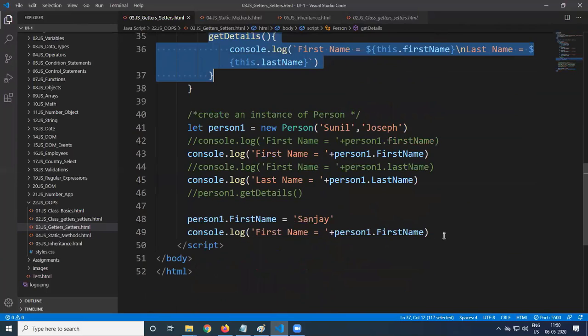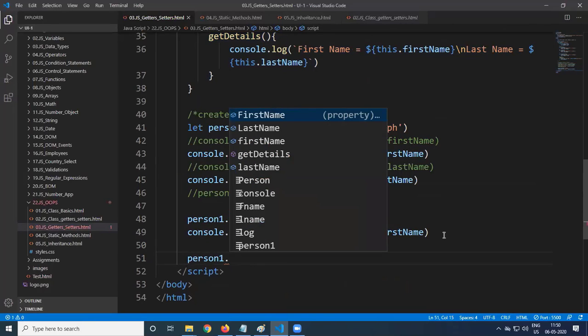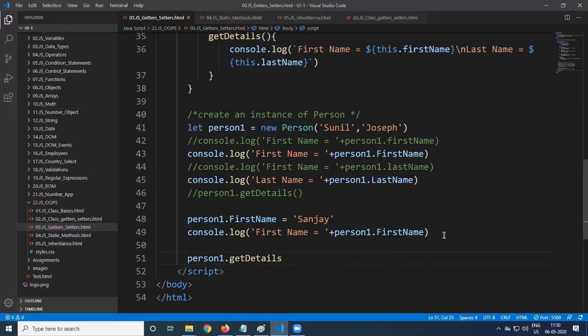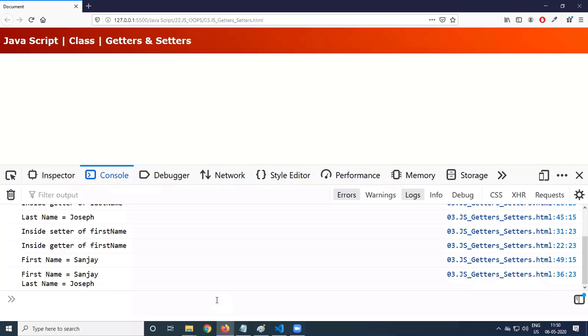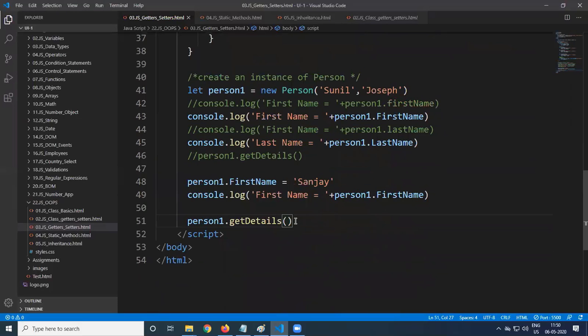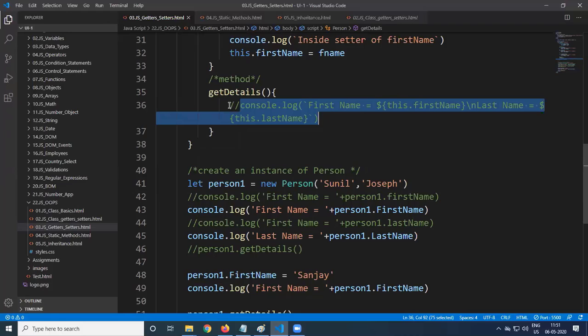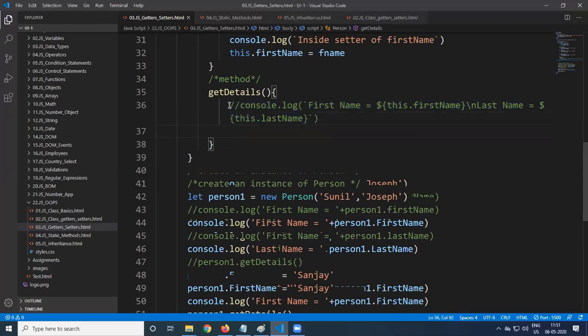Now what I do is person one dot get details. Save this. At that time we are getting the first name. So it's calling the getter and setter method. In get details, we are using first name, but if you want, the getter method can be called from here.